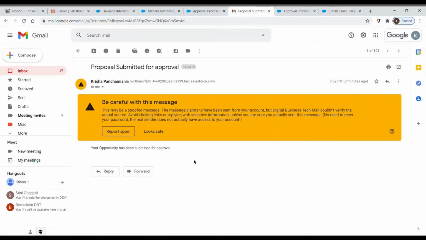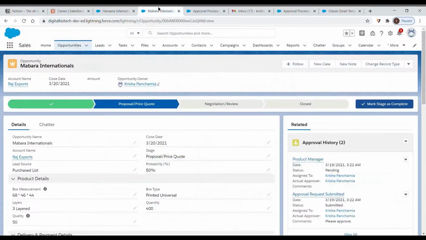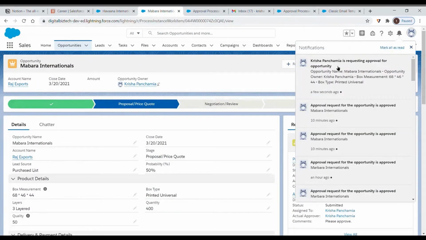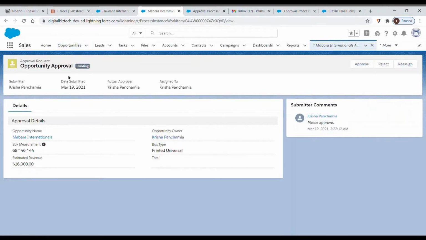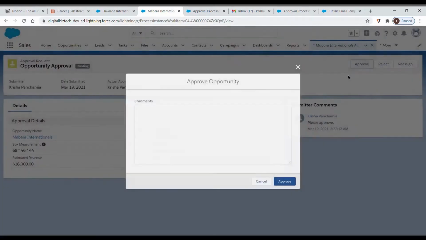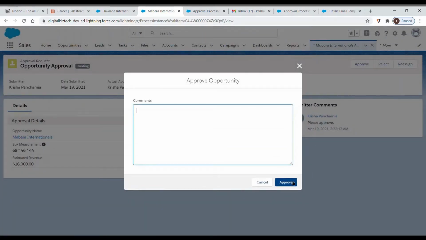Your email alert can include as many fields as you require. You can customize it as per your requirement. Moving forward, I'm going to approve this record using the page layout. So this page layout can be customized when you create an approval process. The page layout allows you to choose the fields that you want the users to view when they are approving the record. Now I'm going to approve this step and say approved